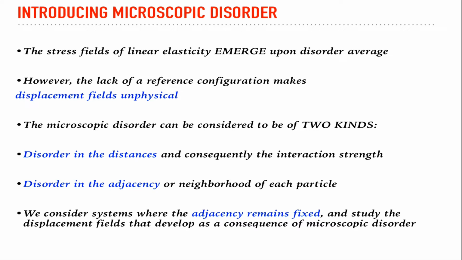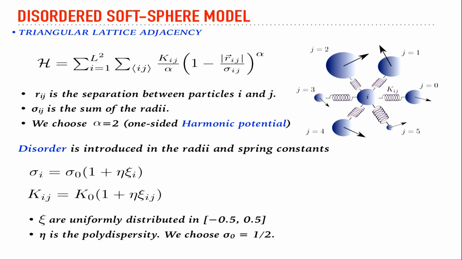To do such a thing, we treat a triangular lattice of very large macroscopic particles, so they don't have thermal fluctuations, but they're made out of soft particles, and they interact through a simple spring-like potential. This is a very paradigmatic potential for soft interactions. And here I've introduced disorder in 3 different ways. One of them is in the particle sizes. So you can have a triangular lattice of macroscopic particles made out of different sized particles, and the potential of